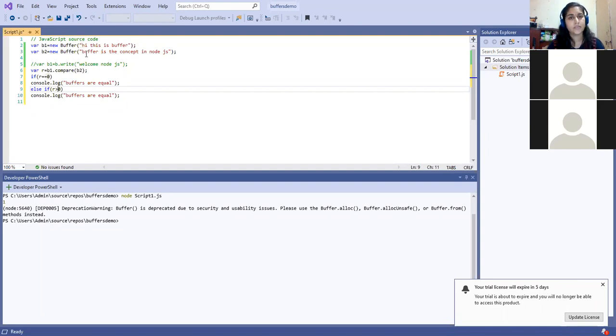So if the second string is greater, it will give me 1. So I can give here the message that the second buffer is greater. The second buffer is greater, it will return me 1 every time.